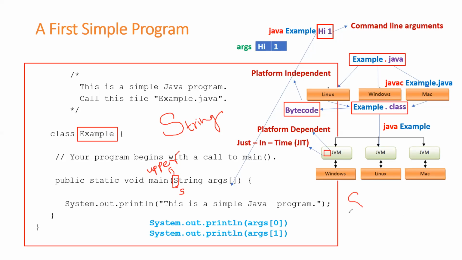In Java, String with S uppercase is a predefined class. But if you write it with s in lowercase, string, this is not a predefined class. What is a predefined class? Writing capital S is a predefined class, but writing lowercase s is not. In other words, you can think of this as some variable name.